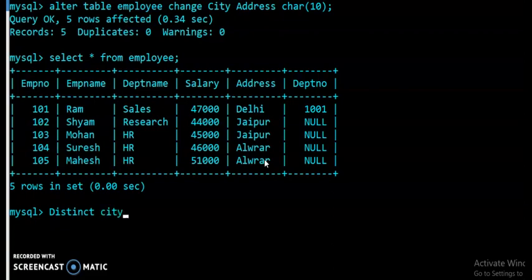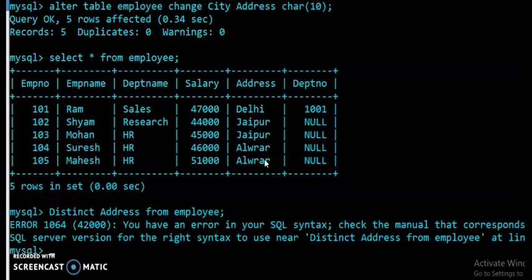Distinct, and on which column do I want to apply it? On the address column. Now the column name is changed, students, so we have to use address in place of city. Address from, on which table do you want to apply the command? On the employee table I want to apply it. Then after that semicolon, enter.